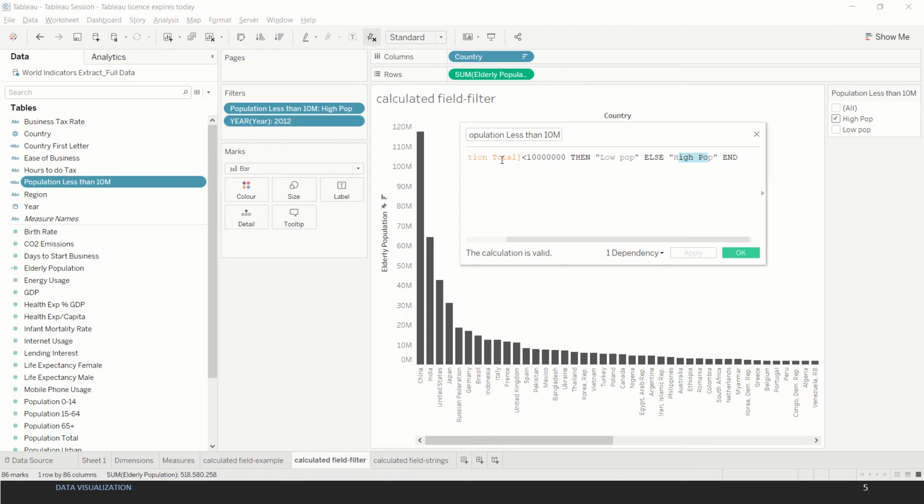Now all these formulas, specifically this logical comparison of if-then-else or other calculations that are used in Tableau, are available from various resources online, and one needs to go through them because there's a whole bunch of them. We're not going to cover each and every one in this video, but we're just giving a demo of a few use cases over here.